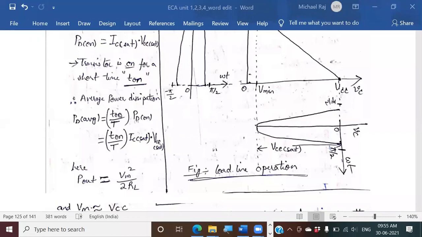So actually we would take T on plus T off signal divided by the total, but T off signal is 0, isn't it? So it is simply T on by T. Just think about the example I told you. I am sure you will be able to understand. Simple logic. So this is the average power.